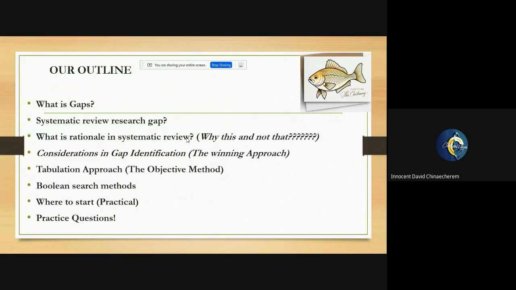Now we're also going to talk about what is rationale in a systematic review, right? So why do you do a systematic review? That is just what it's going to be. We're also going to have a detailed explanation of it. As a matter of fact, I've had a lot of PhD students whom I have mentored in writing a systematic review, and most of these people are not just PhD holders. They are academic tutors. They are teaching in the university, right? And when they turn in their systematic review research rationale to me, it's a total mess,